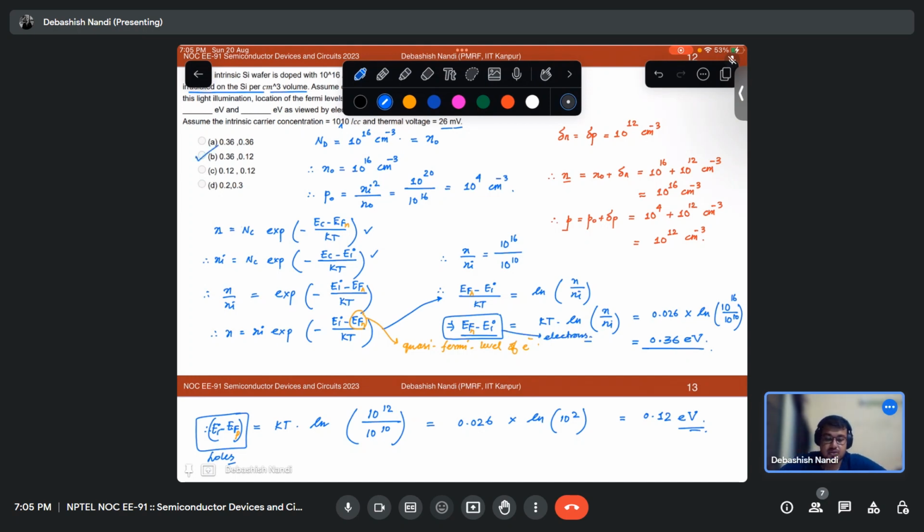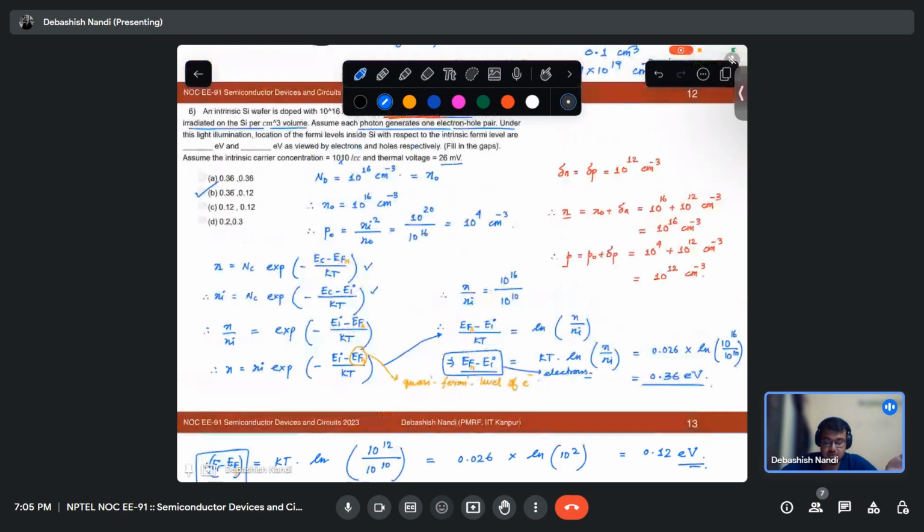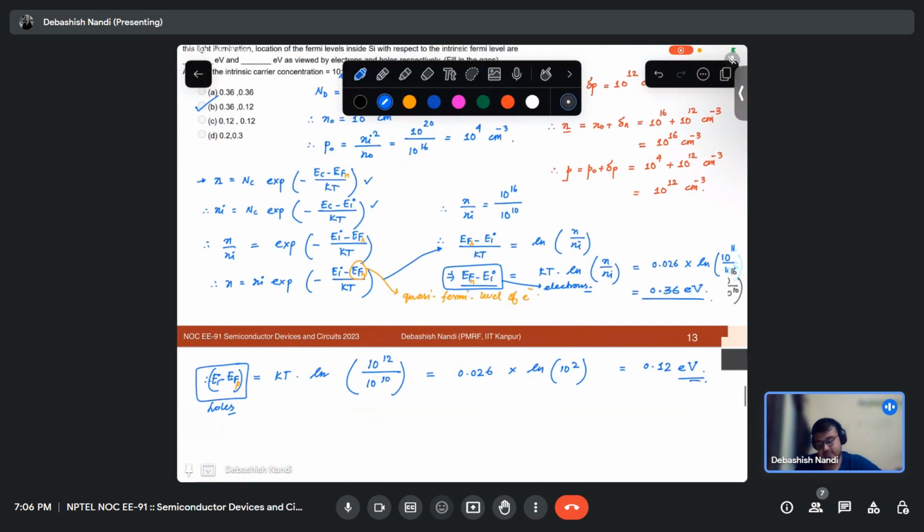So in this way you can compute the difference of energy levels. All you need to know is the carrier statistics equation, one equation you need to know. Even if you do not remember, you can compute it using that integration, the last problem number 10 that we have discussed. Okay, let me stop here.